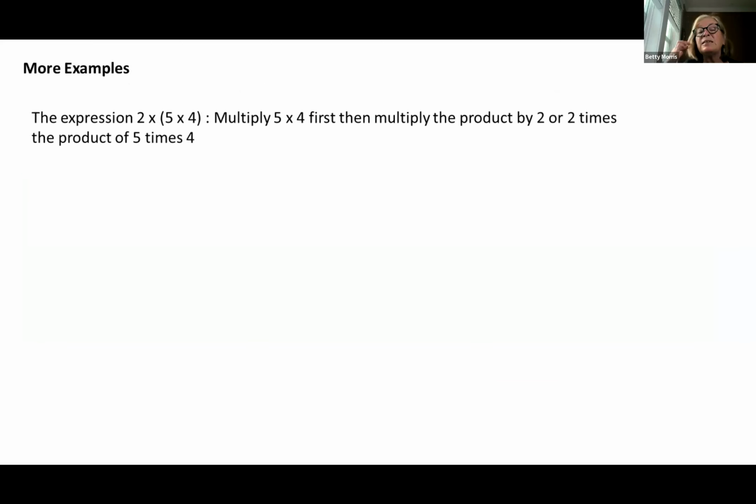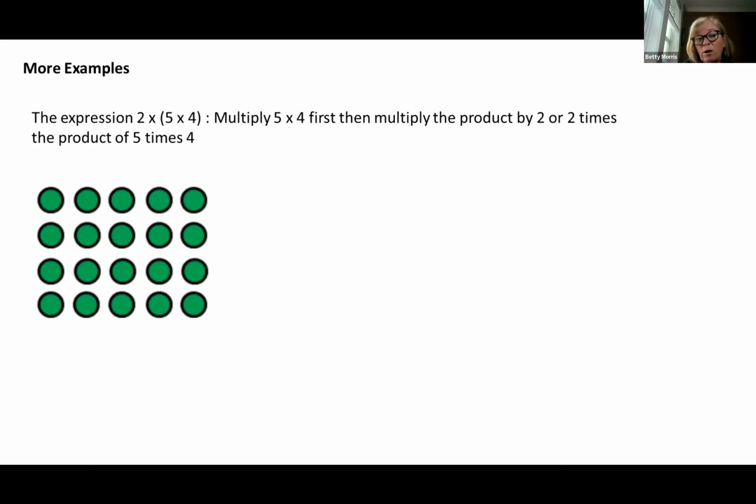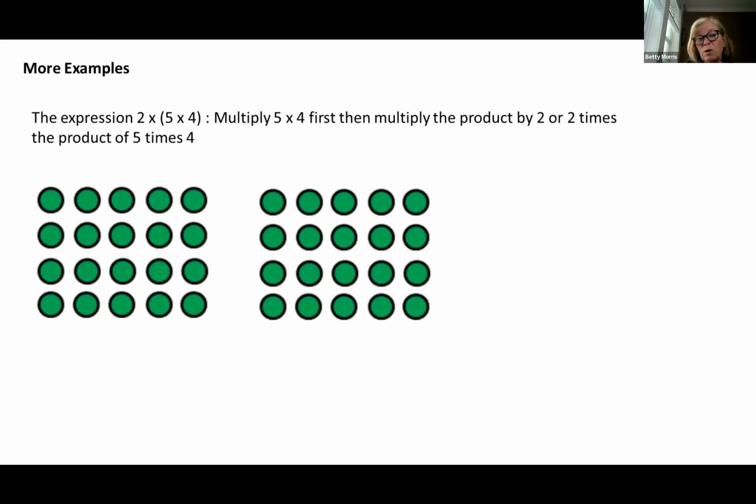So this is just another example for grade 6, where we'll get into the powers, where we multiply 5 times 4 first, then multiply the product by 2. So this is where I put 2 multiplications in this. So we have 5 times 4, and we're going to multiply that by 2. So the value then of 2 × (5 × 4) is 40. The value is 40. There's where I did this correct.